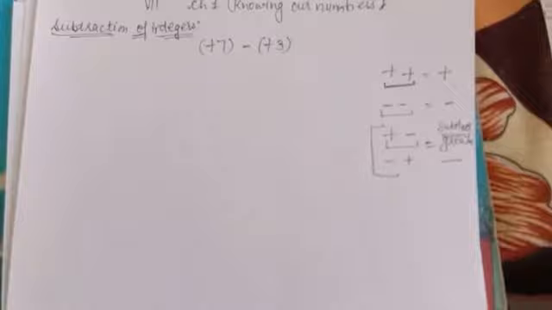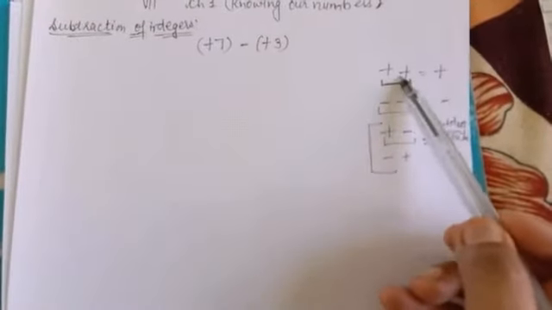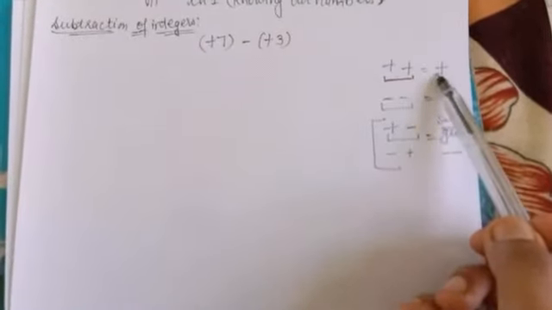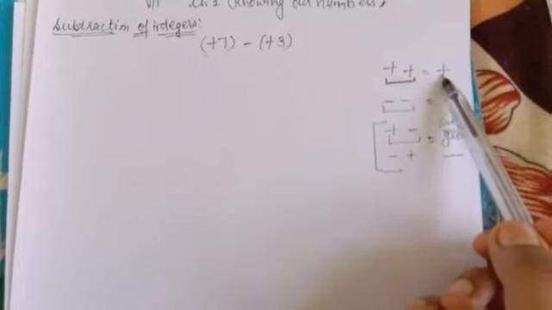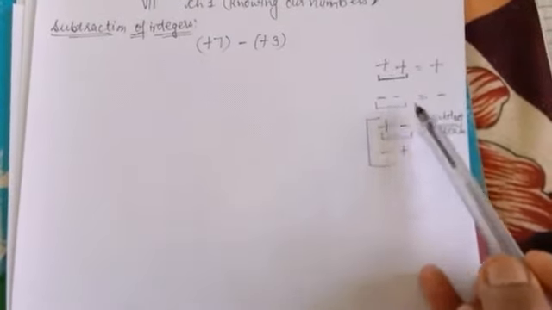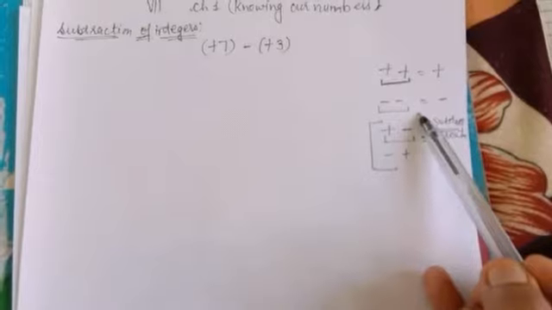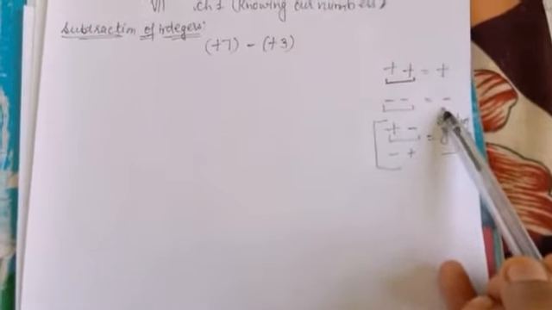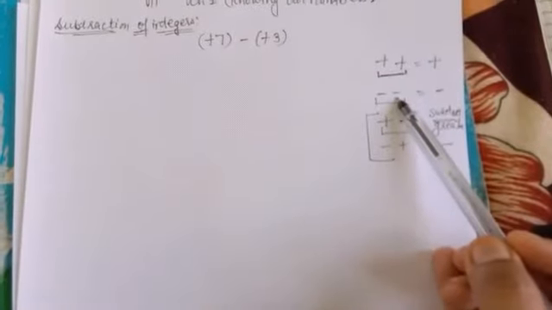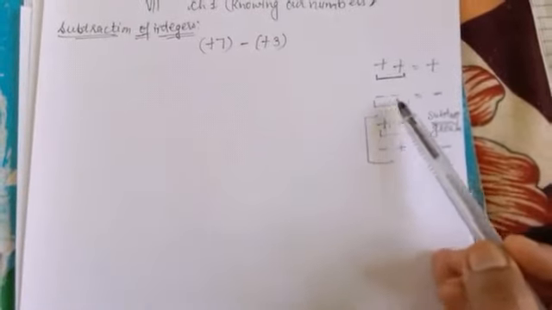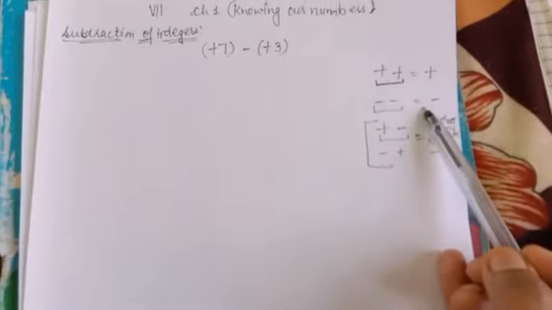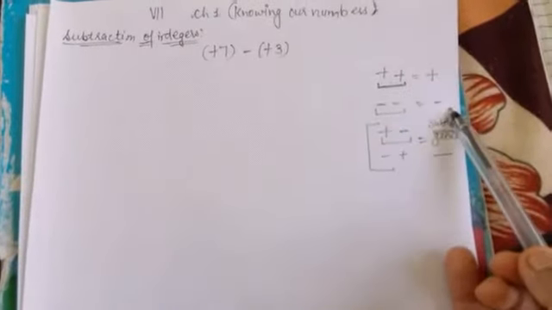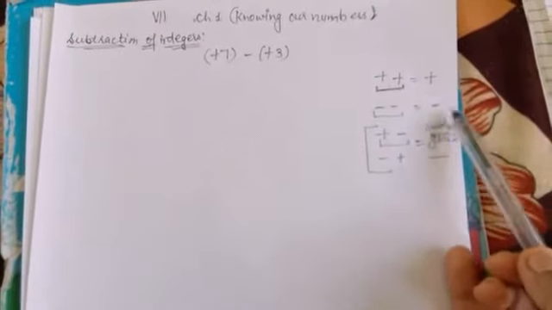Whenever I am adding two numbers with the same sign positive, answer always will be with the positive sign. Whenever I am adding two numbers with the negative sign, answer always will be with the negative sign. We have to add negative, positive, but answer always will be with the greater term sign, or you can say that it would also be negative.